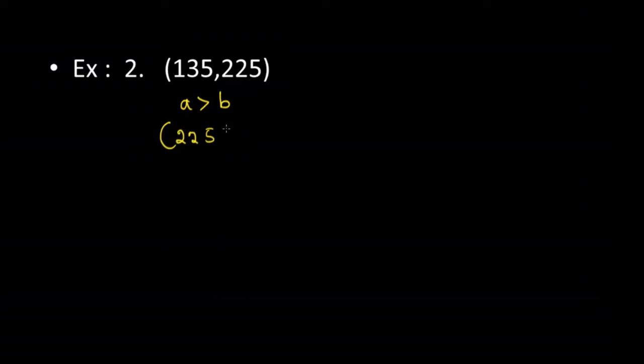225 is greater than what here? B is 135. So I have considered the value of A as 225 and the value of B as 135. So again you have to divide the value of A, 225, by the value of B, 135. So divide this first, 225 divided by